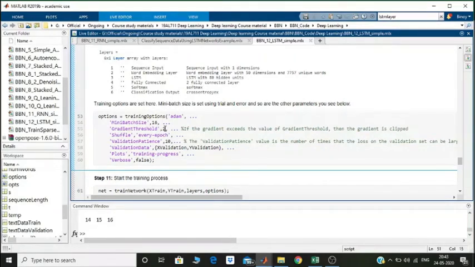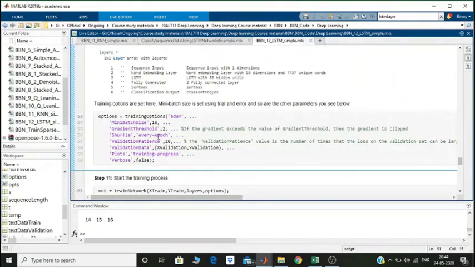If you remember, we were talking about something called the exploding gradient problem. So we are using a gradient threshold to clip the gradient at 2. It is not necessary all the time, but for making sure that the exploding gradient problem does not occur, we are using a gradient threshold.